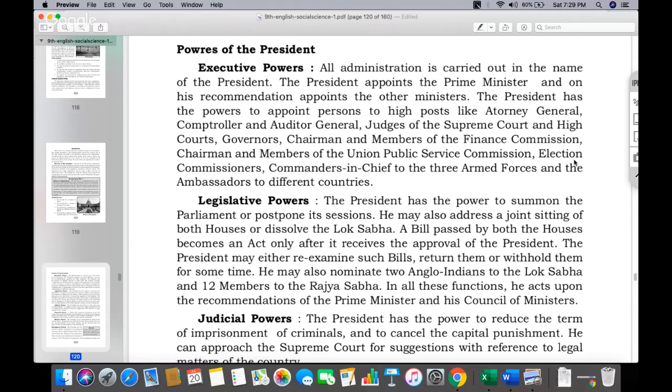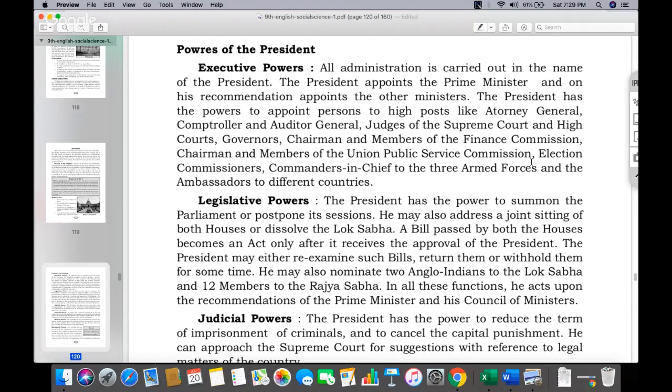If India sends any particular ambassador to different countries, the ambassadors are appointed by the President of India, and they represent India on behalf of the President of India, not the Prime Minister. Remember this always. Legislative power: only the president can summon both houses, whether Lok Sabha or Rajya Sabha. Summoning means that after a recess, if it has to be restarted, the president will tell the day from which the Lok Sabha and Rajya Sabha meetings will start.